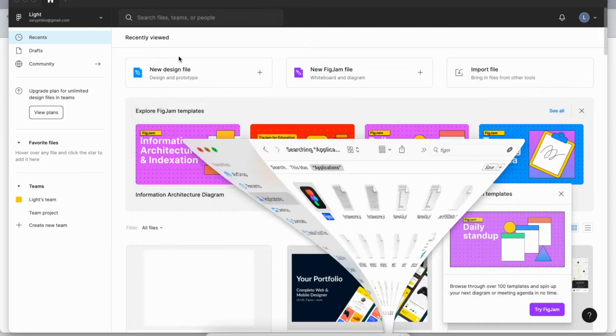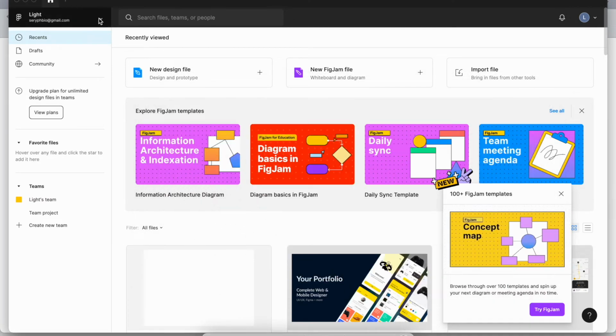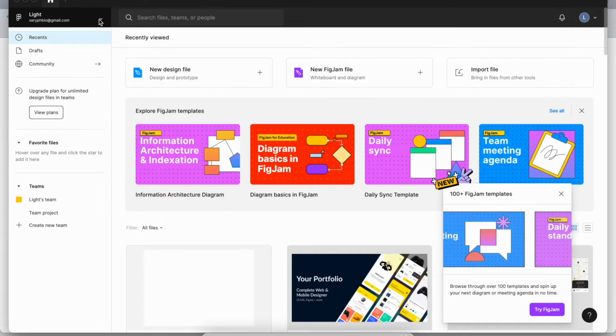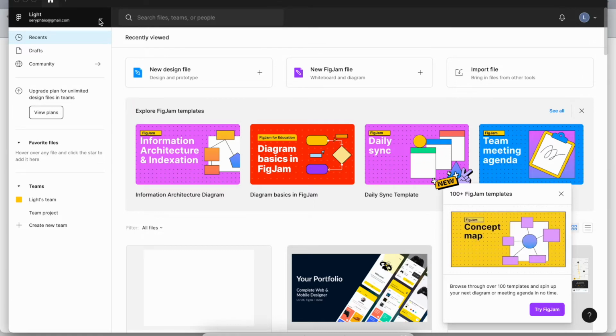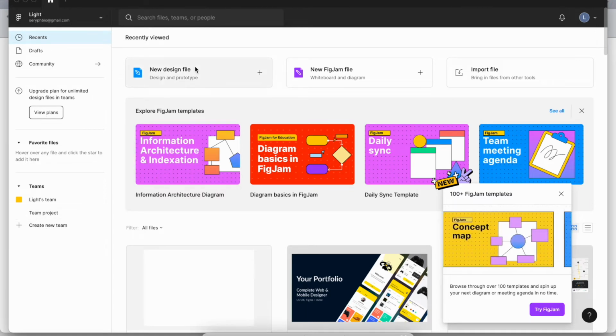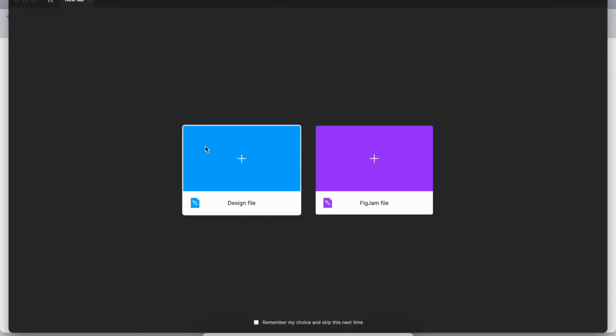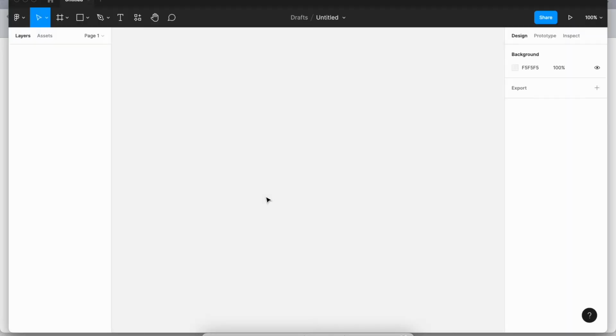There we go. And when you first open it up, it's going to ask you to sign in or something like that. And I guess you have to create an account now, which you didn't have to in the past. It's kind of annoying. So just create your free account. It's free. And then once you're done doing that, go here. You can click this plus button. You can create this design file. Woo. Okay, and it'll give you this